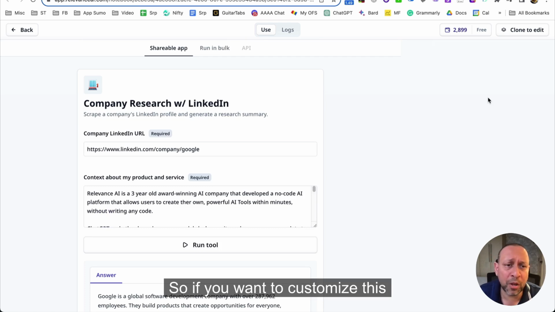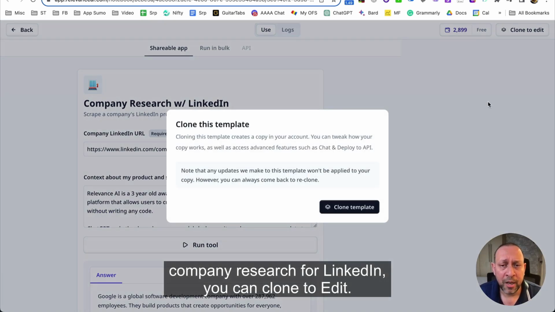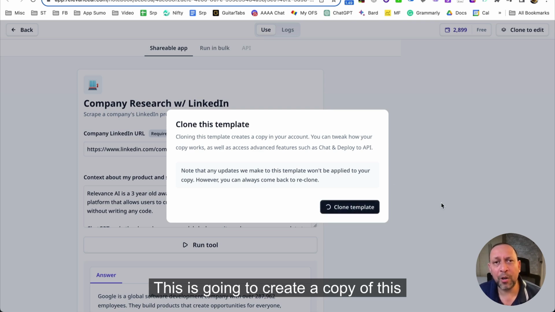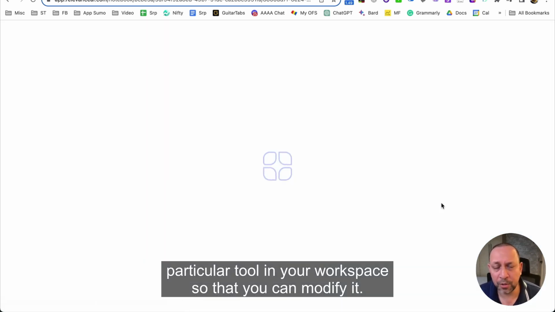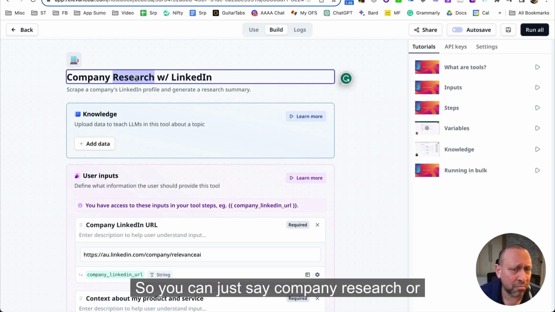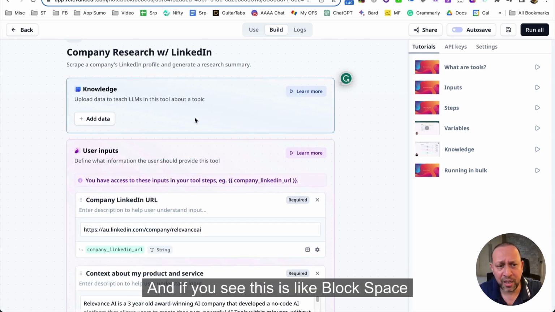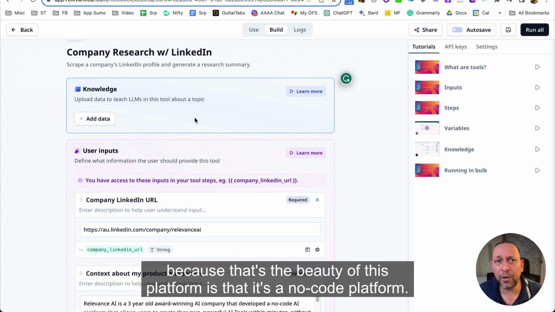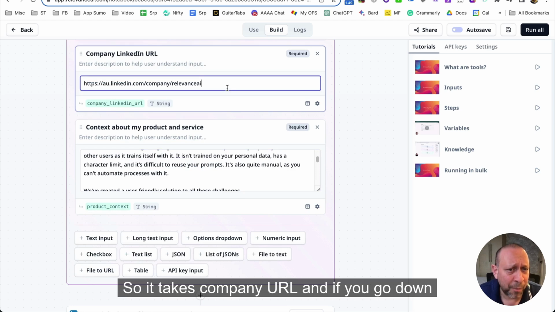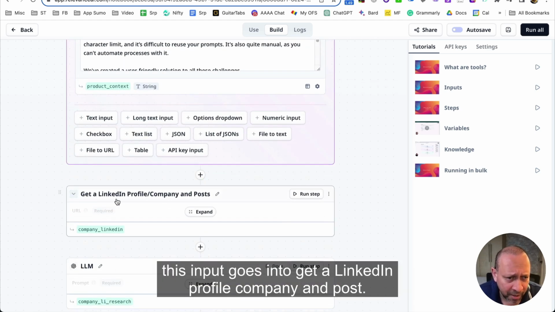Okay, so if you want to customize this company research with LinkedIn, you can clone to edit. This is going to create a copy of this particular tool in your workspace so that you can modify it. You can actually change the name. You can call it something else, whatever you want to do. Okay. And if you see, this is like blocks, because that's the beauty of this platform, that it's a no-code platform. So it takes the company URL,